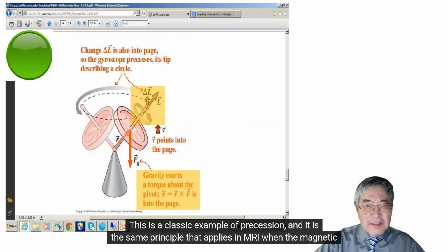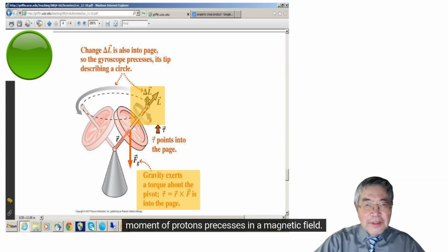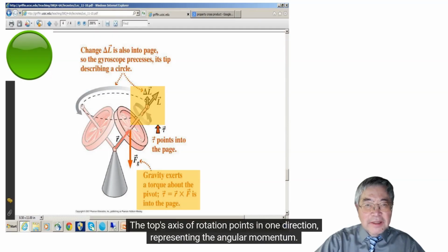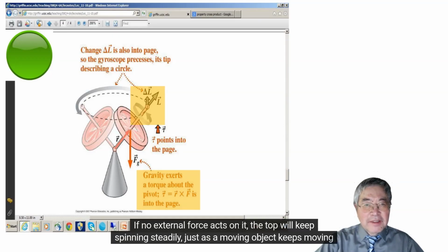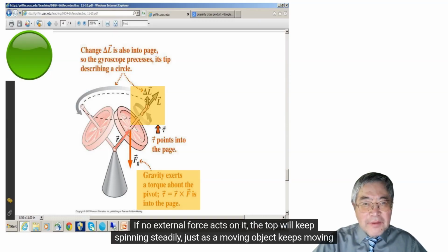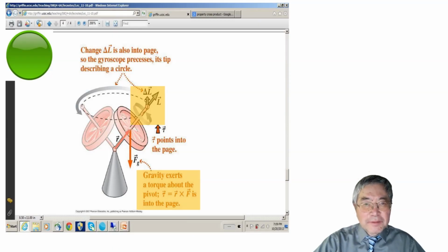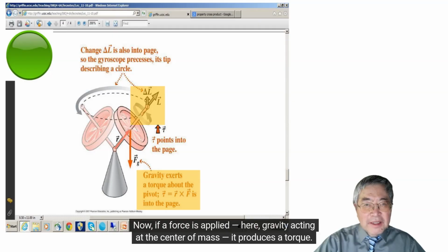This is a classic example of precession, and it is the same principle that applies in MRI when the magnetic moment of protons precesses in a magnetic field. Think of a spinning top. The top's axis of rotation points in one direction, representing the angular momentum. If no external force acts on it, the top will keep spinning steadily, just as a moving object keeps moving in a straight line. Now, if a force is applied, here gravity acting at the center of mass, it produces